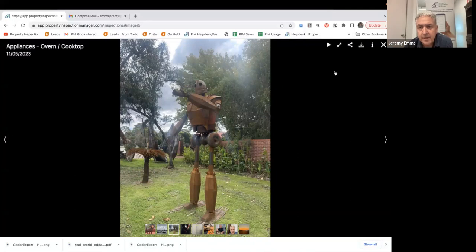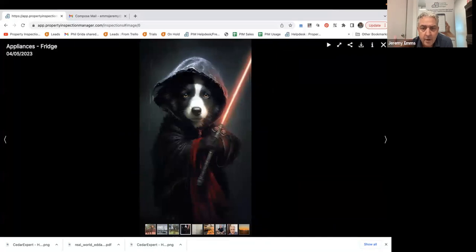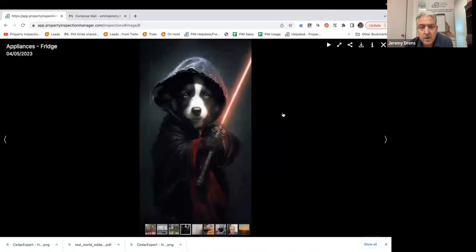I can send them a link straight away to different photos that I've taken within an inspection. So again, that go-to place to be able to access high resolution content if I'm going to need it to send to somebody and communicate with somebody, or if I want to actually just go through my